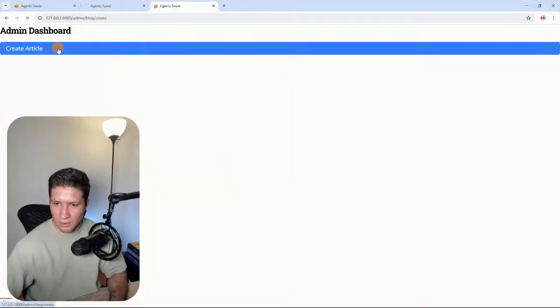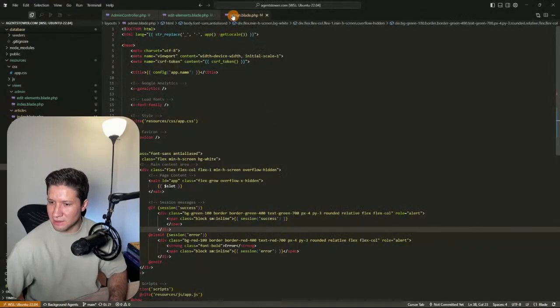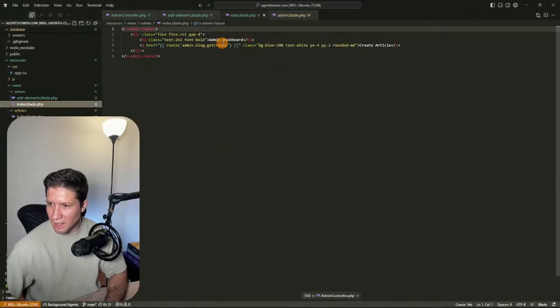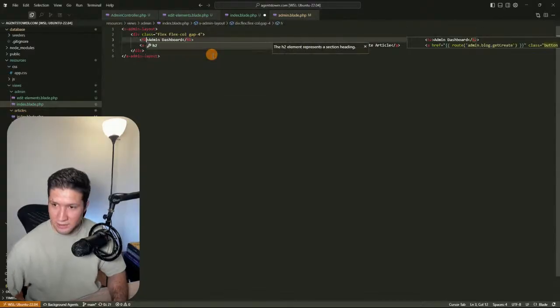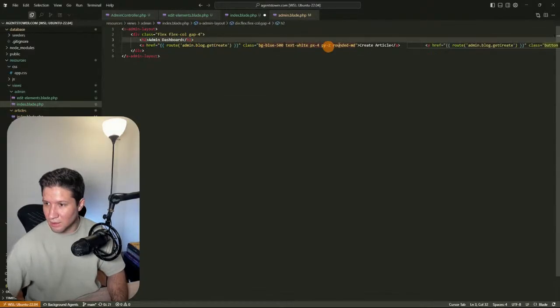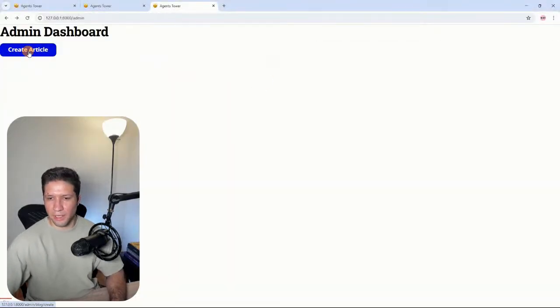So for example, let's create an article. We're going to work on this in a moment. I'm going to create an article. First of all, why is it using those classes? So admin index, I don't want to use this. I need to work on the design system for this website. And this is button primary and width fit. So create article,